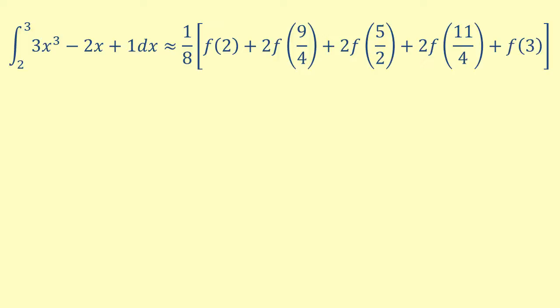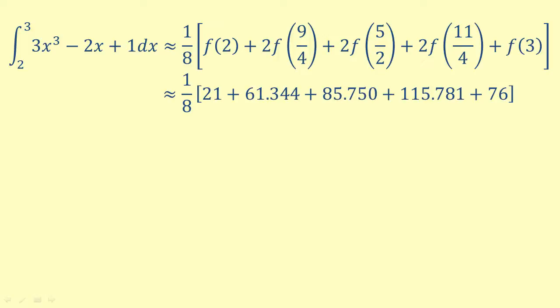Start by evaluating the function at each of the endpoints. This gives us 1/8 times the quantity 21 plus 61.344 plus 85.750 plus 115.781 plus 76. Performing the addition and multiplication, we have approximately 44.984. If we were to perform the integration by hand, we would see that the exact value, rounded to 3 decimal places, is